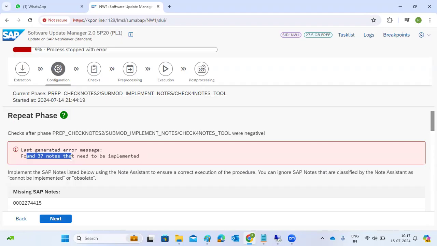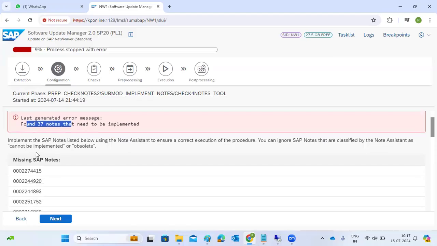In real time also we have to do this. So it's known, means we have to implement it in this phase. We have a blocker. Everybody has to implement it in real time also. Why? Because if you want to check what all we have to implement before the upgrade itself, we need to review all the notes, a bundle of tons of notes. We have to read it, then find out which notes we have to implement. Instead of wasting time searching,